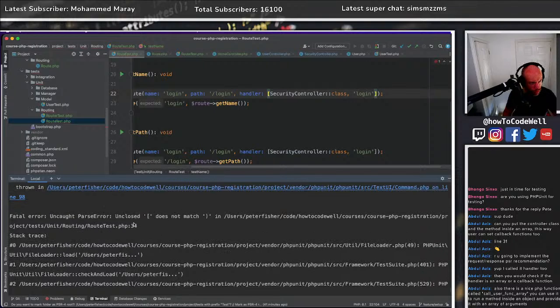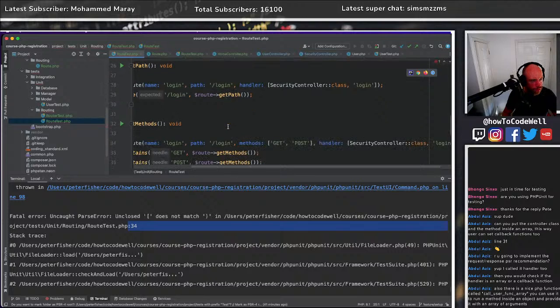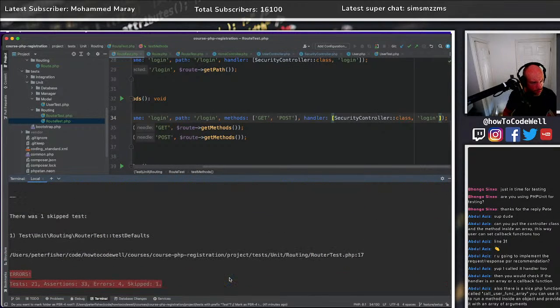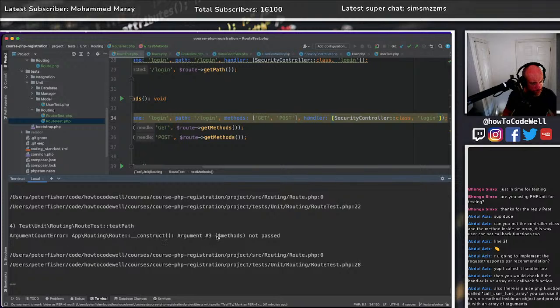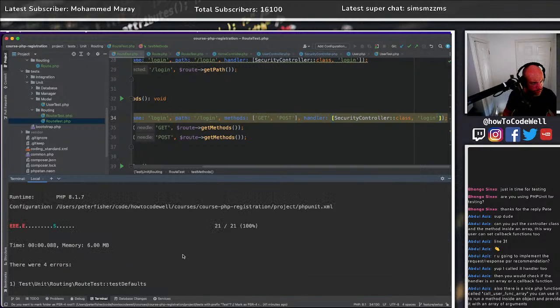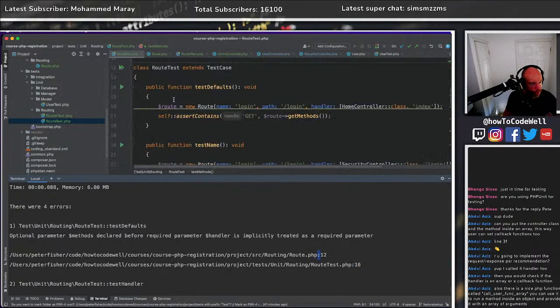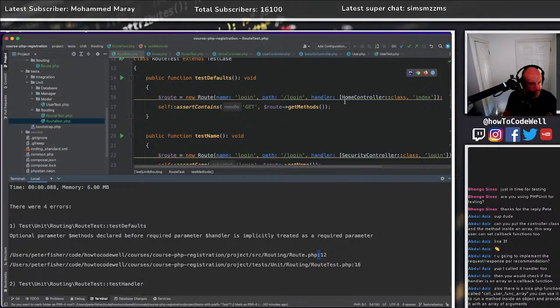Uncaught exception, route test line 34. Aha. Right, so argument 3, methods not passed. Let me think. Okay, let's start from the top. Optional parameter methods declared before required parameter handler is implicitly treated as a required parameter. Oh. Okay, yeah, so this is on line 16 of the route test. So up here, line 16, yes. So we have